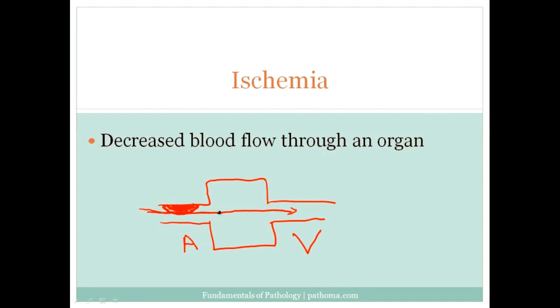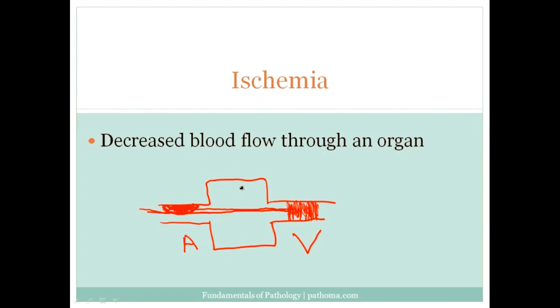The other way by which we could get ischemia, and perhaps this is something that we don't think about as much but shows up often on examinations, is that we could decrease the flow through the vein. And if we block this vein, for example, then we would block the flow of blood across this bed, and by blocking the flow of fresh blood across that bed, we would decrease the amount of oxygen within this organ. And that would then result in ischemia of the organ.